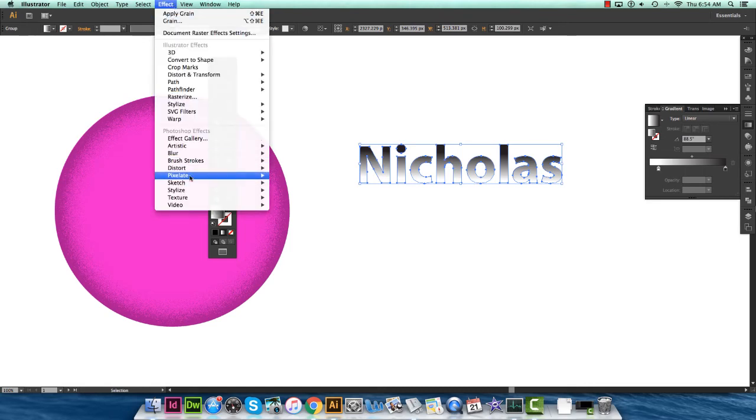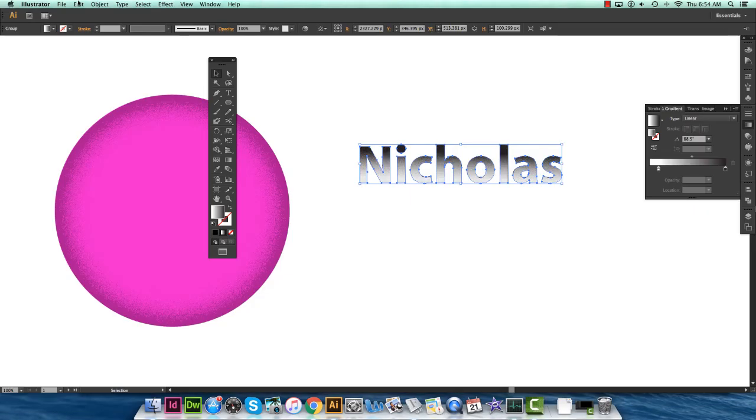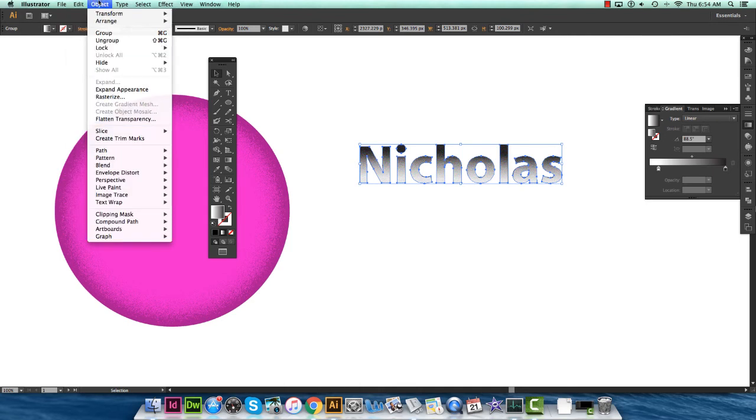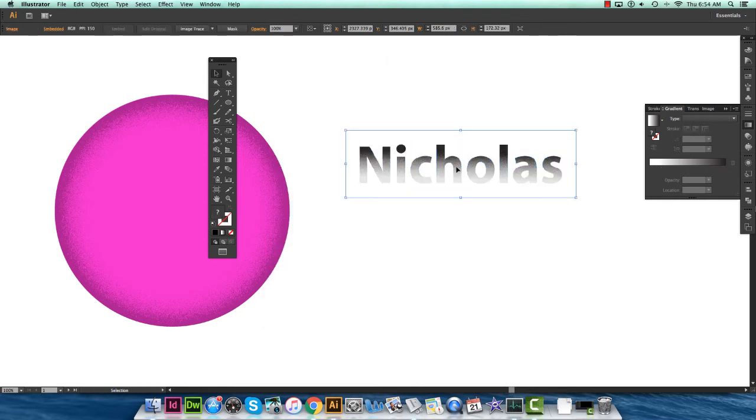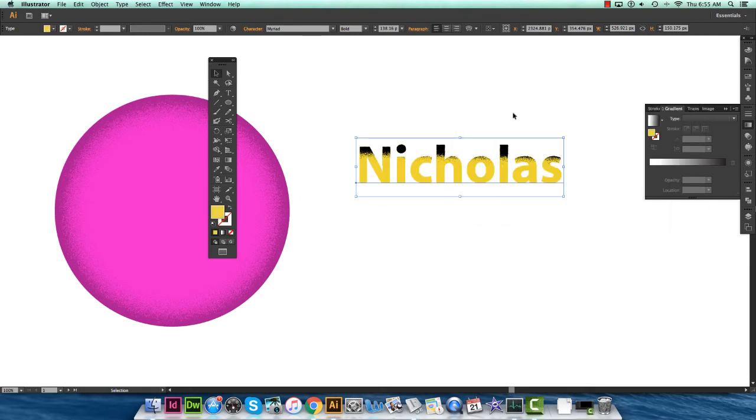You want to go to Effect, Texture, Grain. You'll see how it looks. Then you're going to want to hit Object, Rasterize, and yeah, we get the same thing. And once again, once you have your Image Trace preset created, you just hit the drop down menu, hit Grain. Alright, the reason that happened is because the back text is black, so the black grain on the black just appeared black. So select a color there,